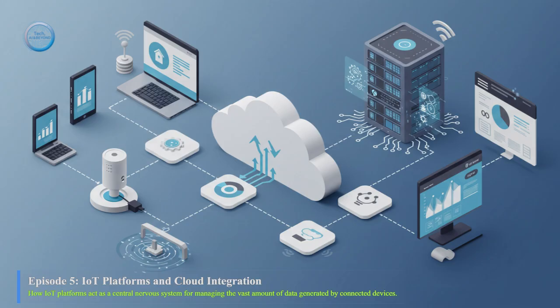Key distinction there. 12, what role do application programming interfaces, APIs, play in IoT? Think of them as translators. 13, can you give some examples of how APIs connect the different parts of the system? Make it concrete. And finally, number 14, what is the key takeaway about the role of IoT platforms and the cloud in this whole connected world picture?